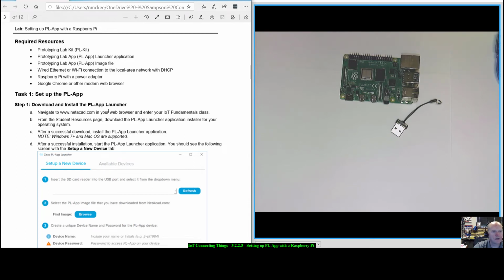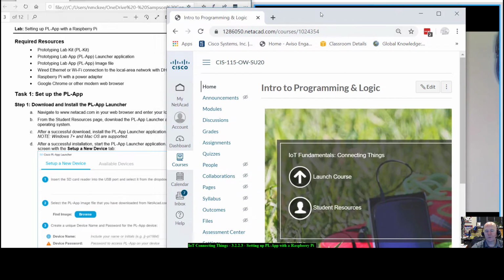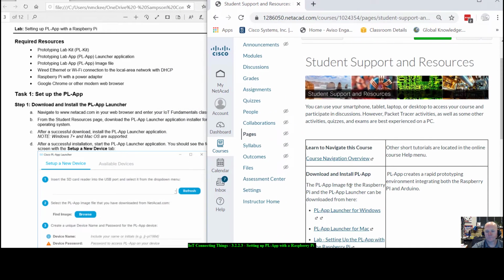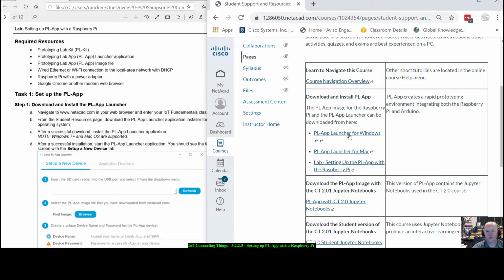All right, navigate to netacad.com in your web browser and enter your IoT Fundamentals class, which we're in, Connecting Networks, so we're in there. Move this off the screen. From your student resources page, let me go to that. All right, I'm going to go to the home page of the class. Student resources is right here. All right, I'm on a Windows 10 machine, so